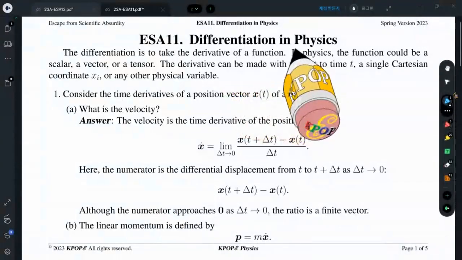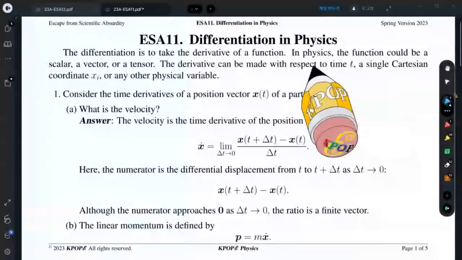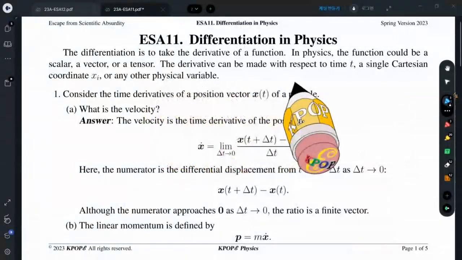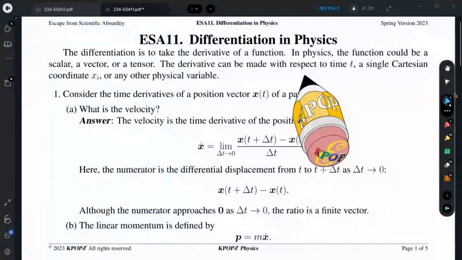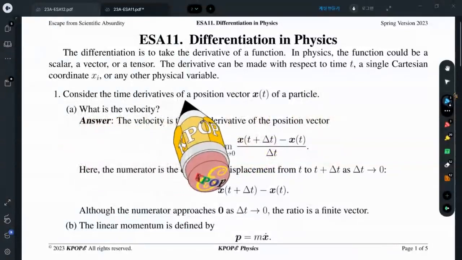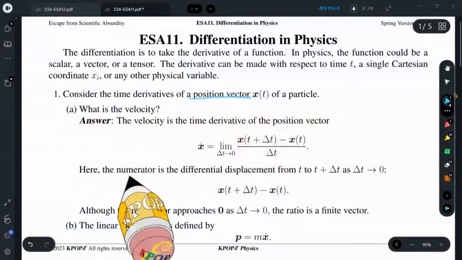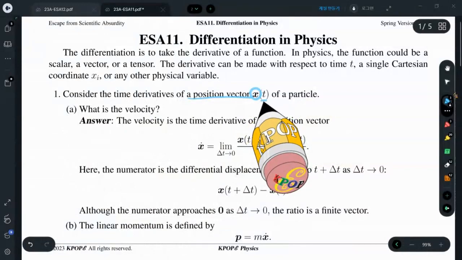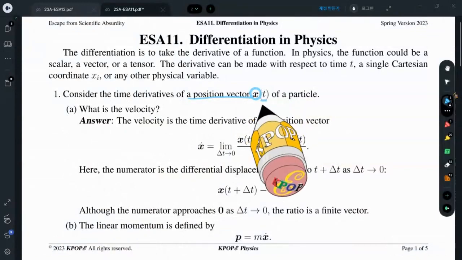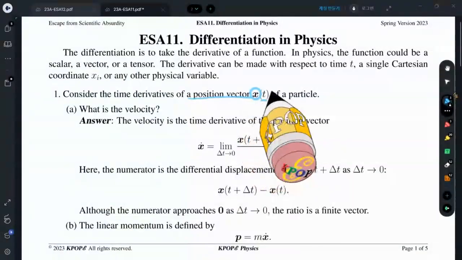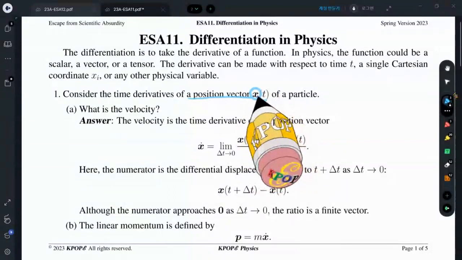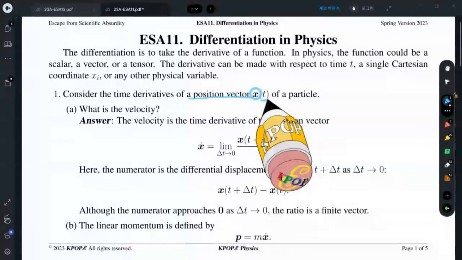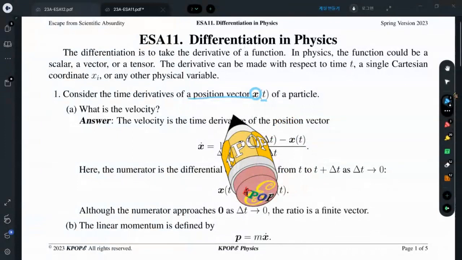So in this class, we focus on a single variable function. Consider time derivatives of position operator. We assume that position of a particle depends on time. So this is a vector and that has a single variable. Time derivative